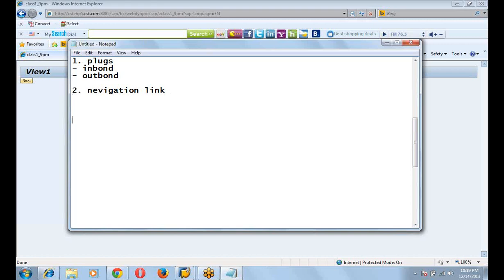How will we provide the navigation link? We will embed the outbound to inbound. To see the view in the window, we have to embed it.